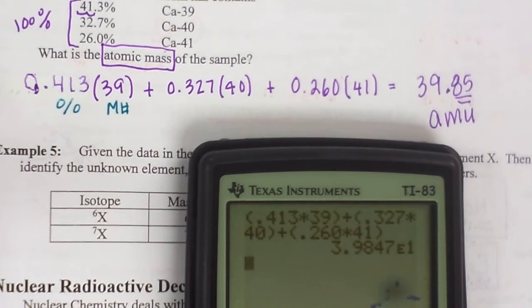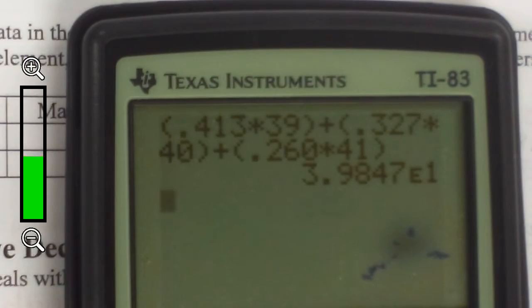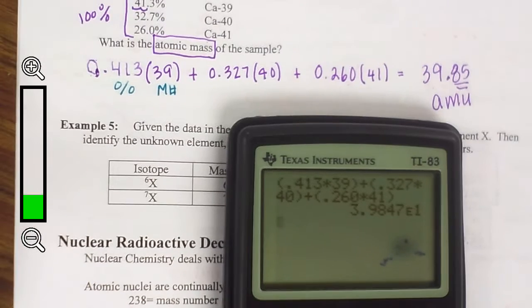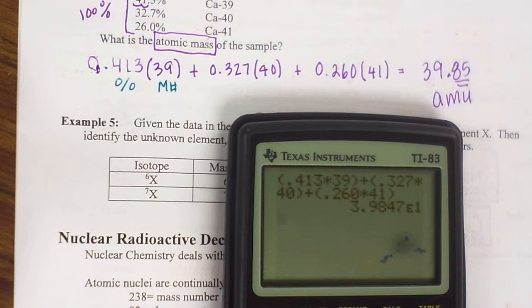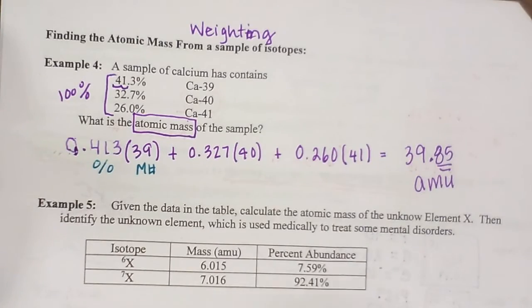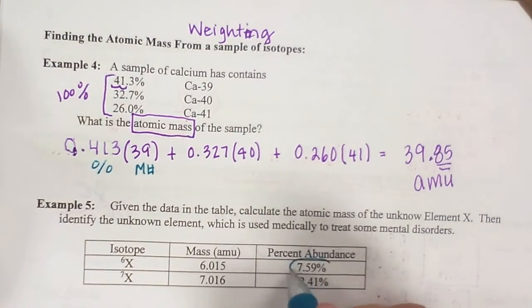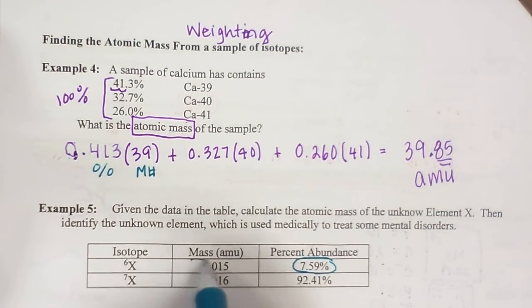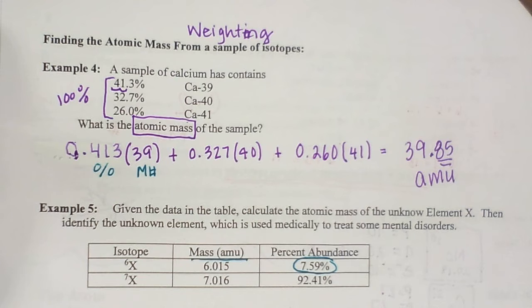So I'm going to zoom in again on my calculations. I took 0.413 times 39 and 0.327. So each one of these percentages weights, W-E-I-G-H-T-S, the mass number. Let's try the next one. In the next one, instead of the percent, we have a percent abundance, so it's the same as a percent, right? And then instead of a mass number, we have an AMU, which is fine. We can still work with that. It's the same thing. So we're going to move our decimal point,